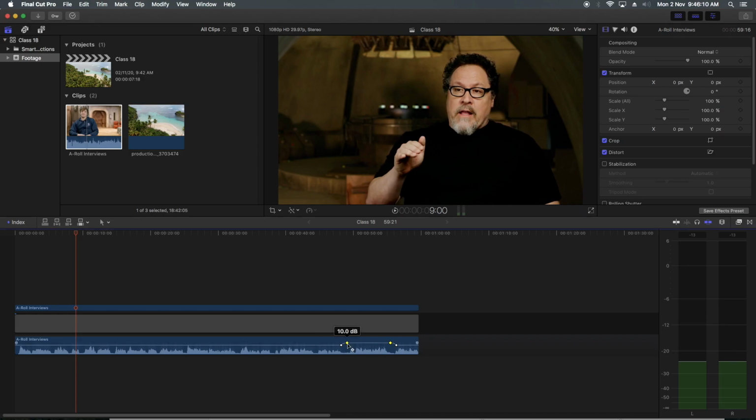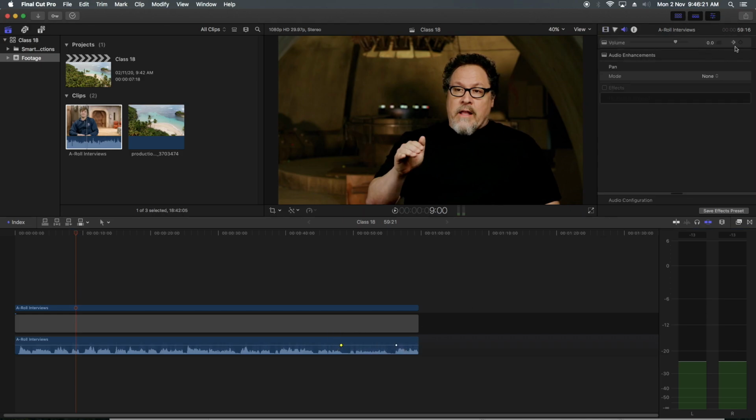If I want to delete this, I can delete, or at any time if I want to reset it, I can click this hook. To do this kind of filtering, we are adjusting our audio levels.